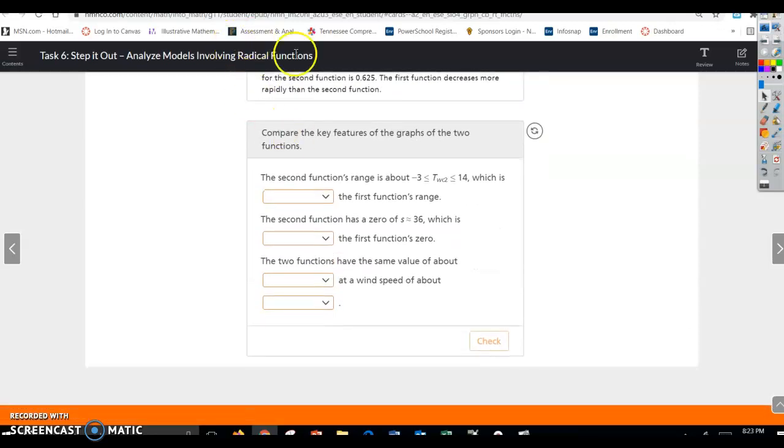Compare the key features of the graphs of the two functions. The second function's range is not as great as the first range, because it doesn't go as high and low. The second function has a 0 of 36, which is greater than the first function, and the two functions have the same value at